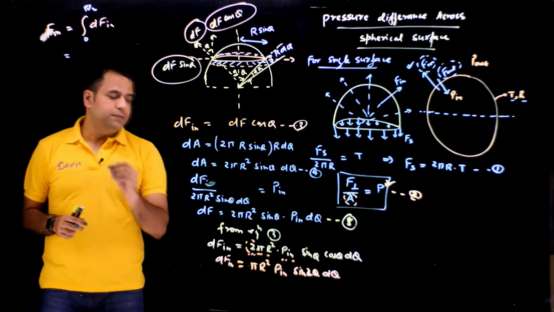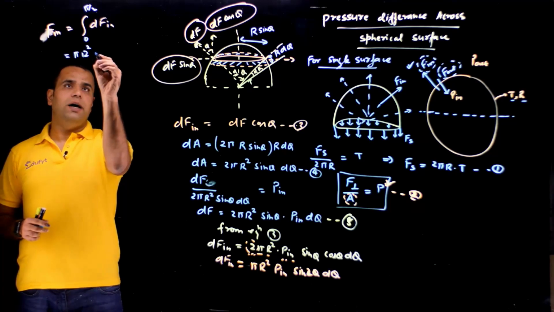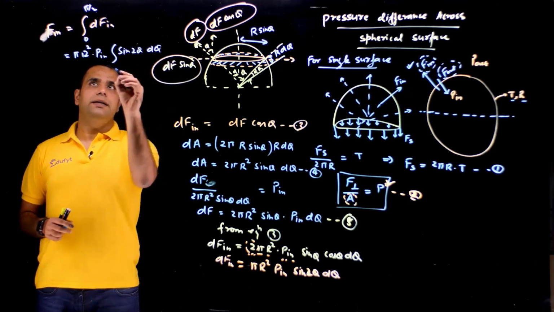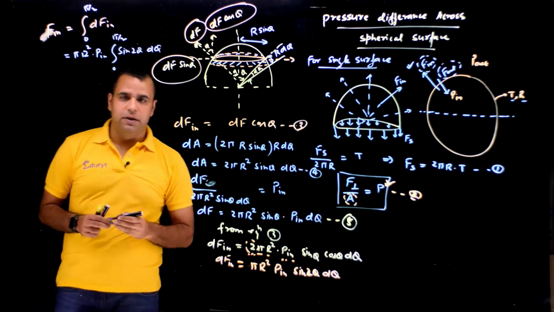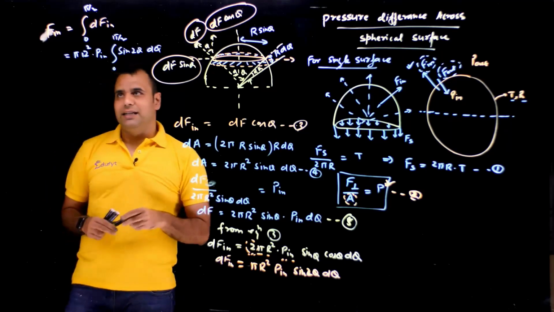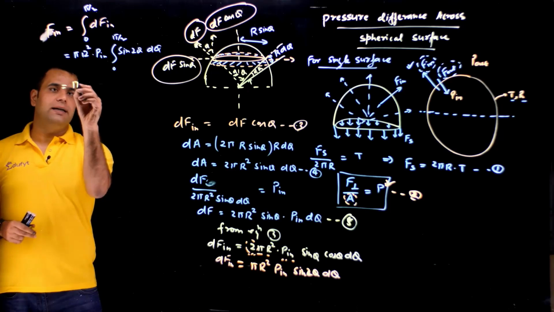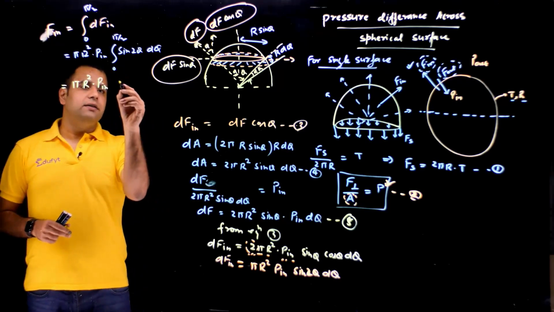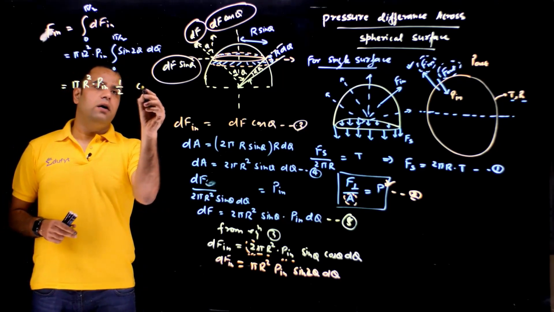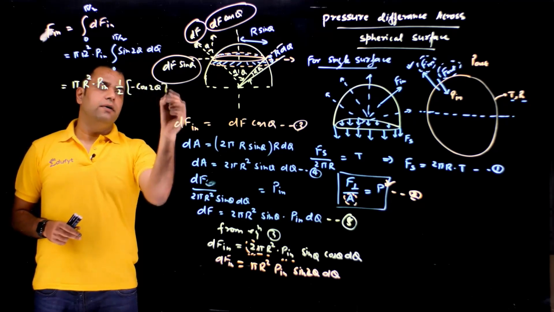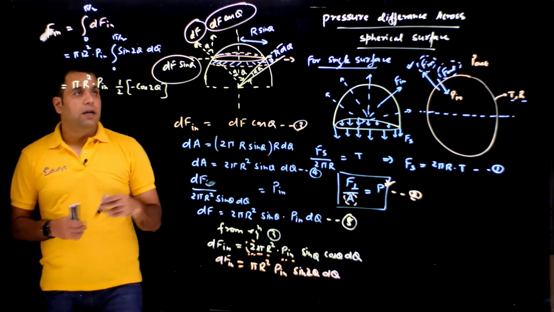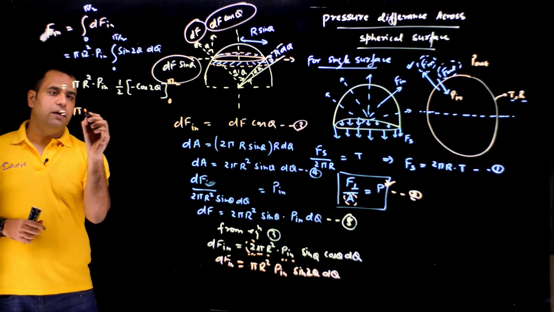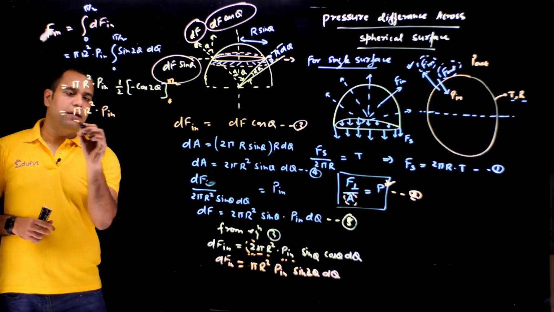So we'll put the value, that is pi r square into P in, integration of sine 2 theta d theta from 0 to pi by 2. So we have to integrate sine 2 theta d theta. We know the formula for how to integrate that. So pi r square into P in, integration of sine 2 theta is 1 by 2 cos 2 theta, negative, with limits from 0 to pi by 2. So that value will be pi r square into P in by 2,